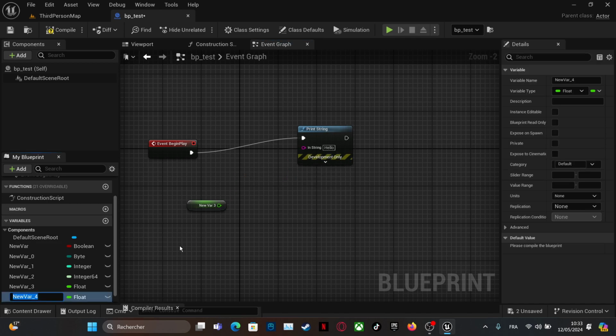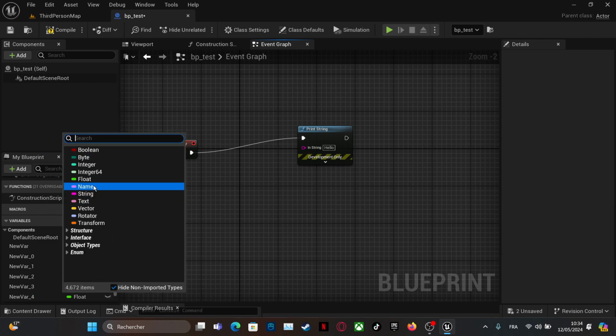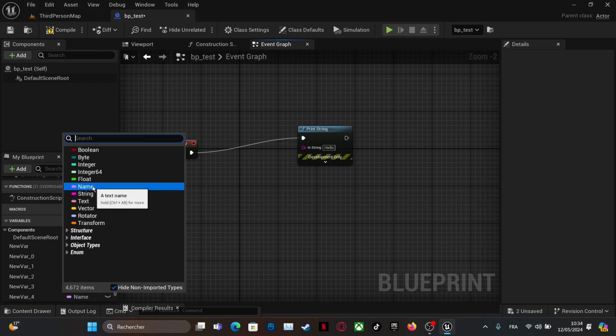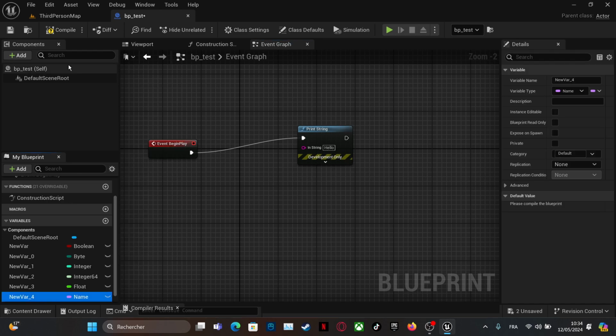We also have another type of variable: name. Text name is what we use for game names, and it's processed faster than strings. We can show you an example here. Give it a name, let's see, game states.